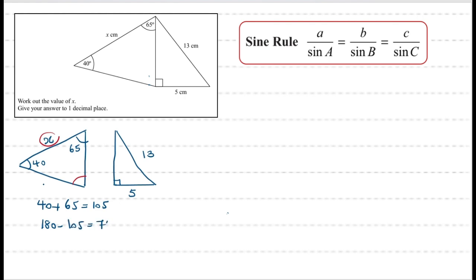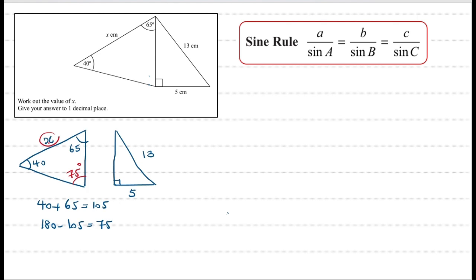That gives us 75 degrees. Therefore, this angle here is 75 degrees. So we have the side x and its opposite angle. If we have another angle and its opposite side, then we can use the sine rule and work out the length x. What we notice here is that the side that is opposite angle 40 degrees is common between the